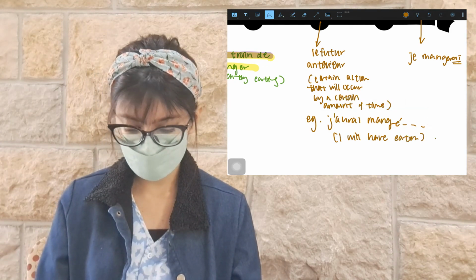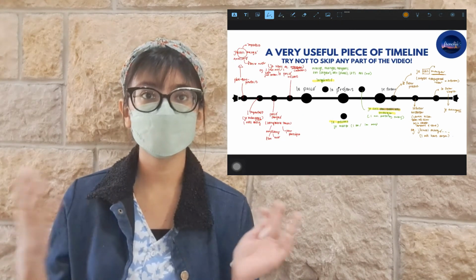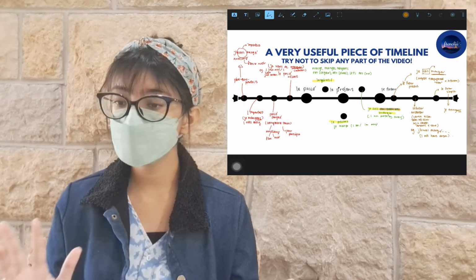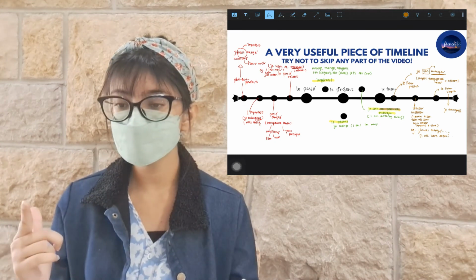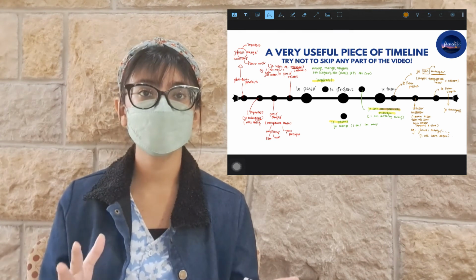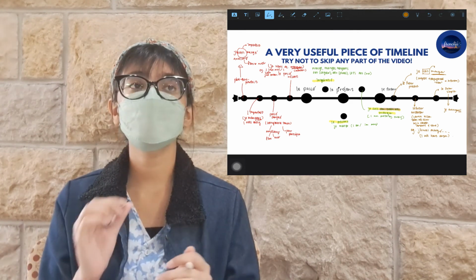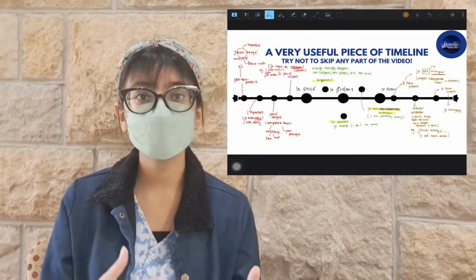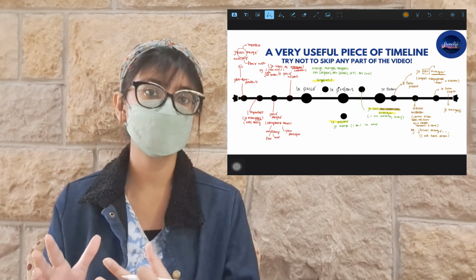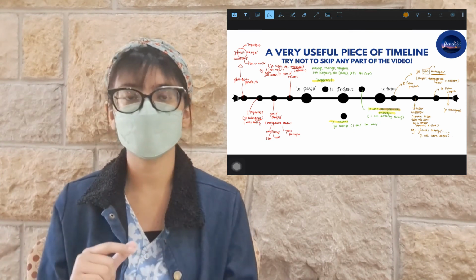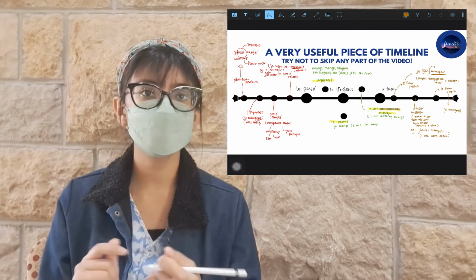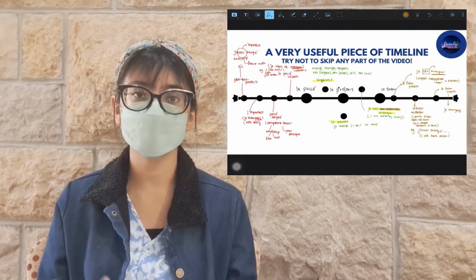Okay, so these were the main tenses that I wanted to cover. I did not cover the conditional and subjunctive because I wanted to focus on the indicative verbs specifically. But if you're preparing for your examination, I would suggest taking a look at the conditional and subjunctive as well. If that's something you're struggling with, that's okay. I will create a separate video on that in the future.